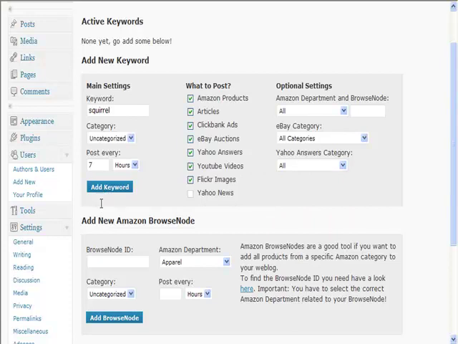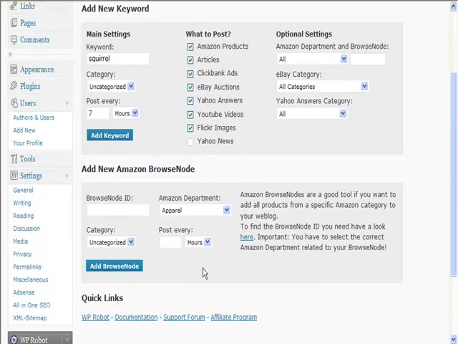Now this here is very, very useful. It's not the easiest thing to use. You need to go here to find the browse node. It's a little bit difficult. You've got to find the right department. It's not always clear. But the benefit of this particular part is that if I set up a site about,